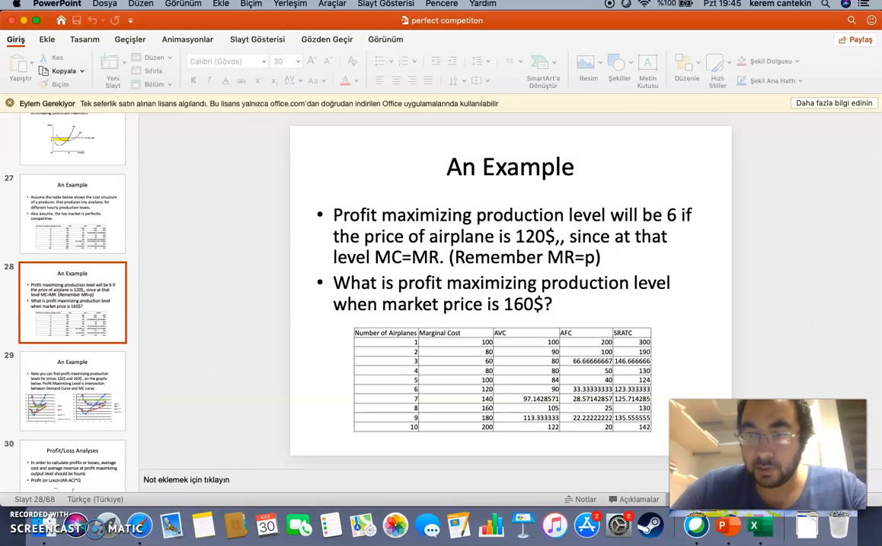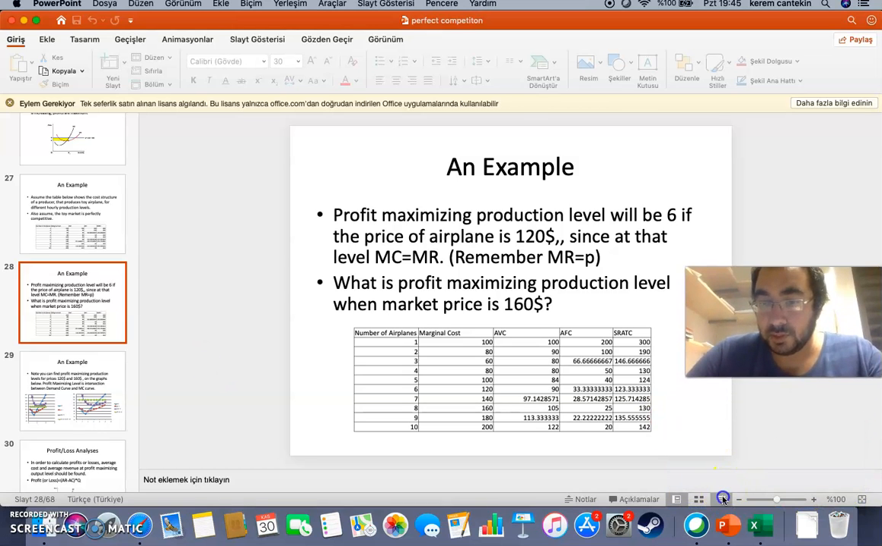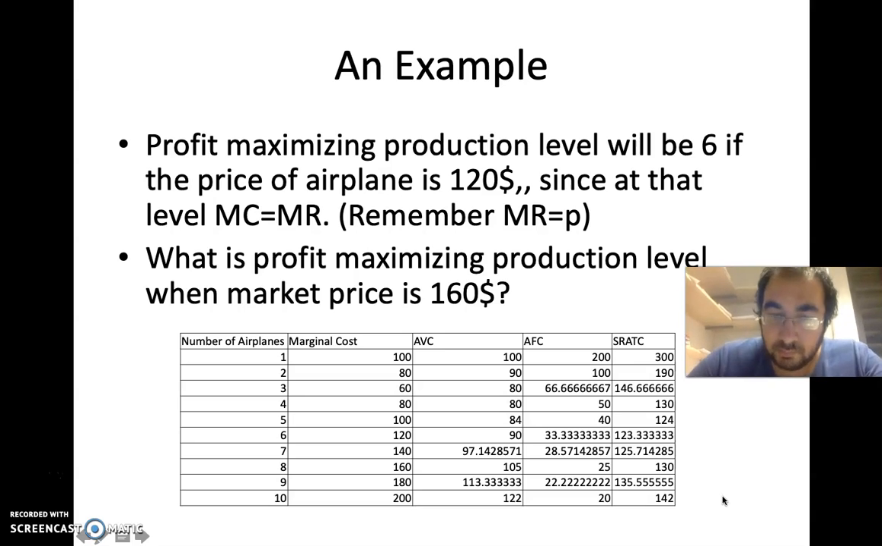Well, solving this question is actually very easy. Non-controversial ones are, for example, if the price is 180, in that case, the production level will be 9. And if you want to test whether at 180 this is the profit maximizing output level, well, basically